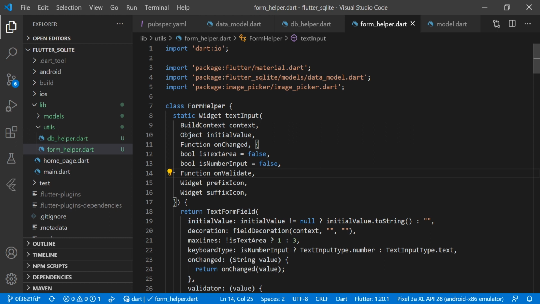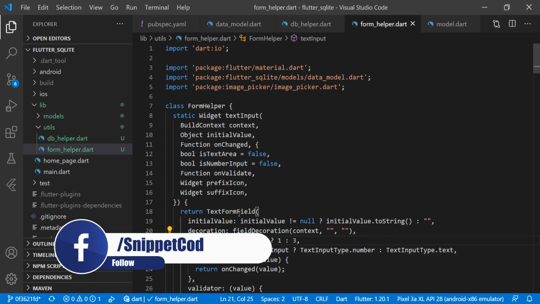Then we have an onValidate function, then a prefix icon widget, and a suffix icon. So what we are doing is returning a text form field and passing the parameters. For the decoration, we have created one generic decoration. We are using that decoration in all our widgets. I will go through that also.